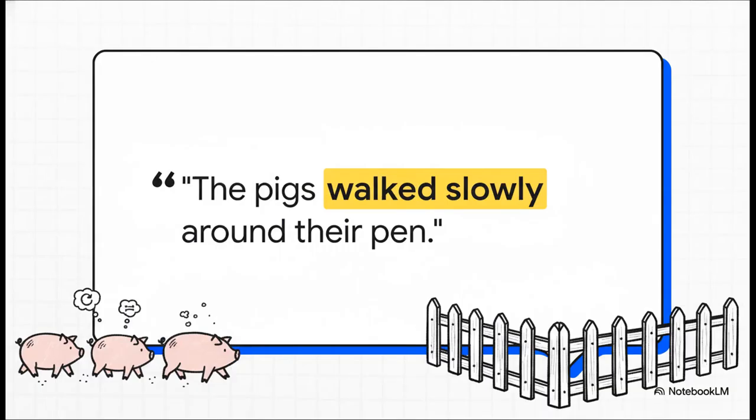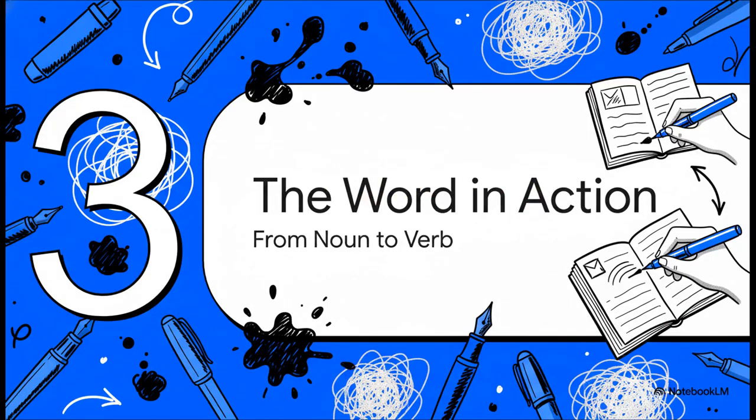And again, look at the example. The pigs walked slowly around their pen. You instantly know what that means. You see the fence, the whole thing. And there's no confusion, even though it's the same word we use for writing. So pen is already working overtime as a noun, right? Two different meanings. But believe it or not, it gets even better, because we can also use pen as a